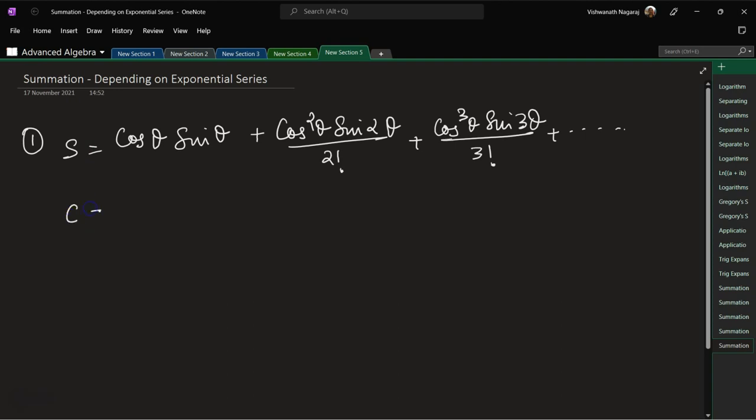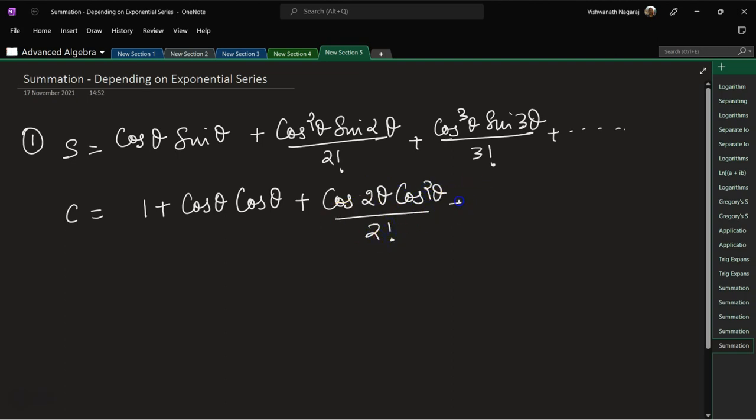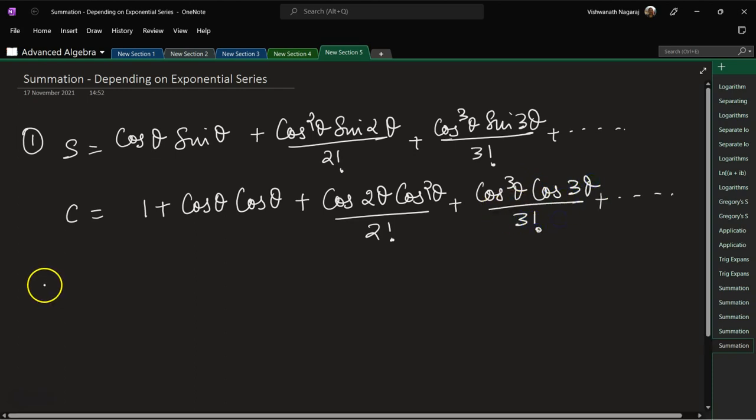In that case, the corresponding cosine series would be 1 plus cos theta cos theta plus cos square theta cos 2 theta by 2 factorial plus cos cube theta cos 3 theta by 3 factorial. Okay, so C plus iS would be equal to, there is nothing corresponding to 1, so 1 plus, now